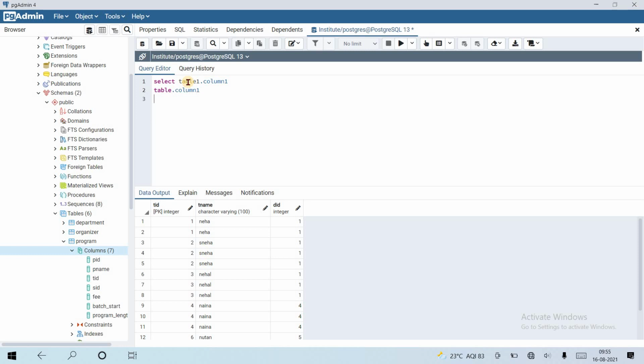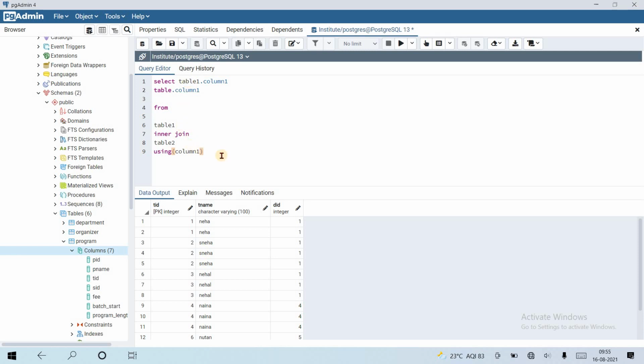Here you can fetch any column, but I am writing the syntax like this so you can understand. From table 1 inner join table 2, so that the two tables are joined, and using keyword, using column 1.